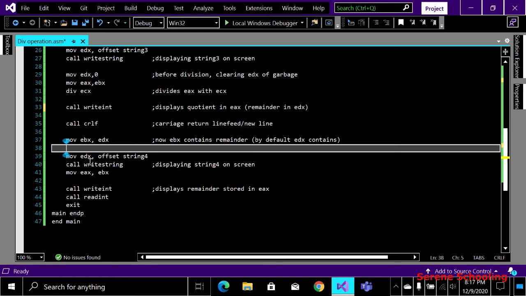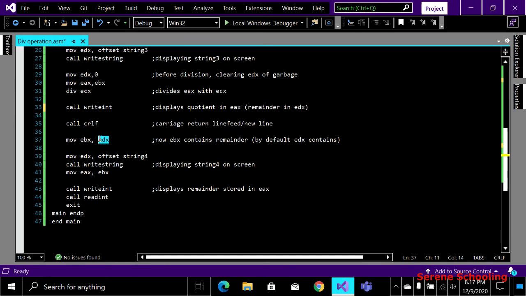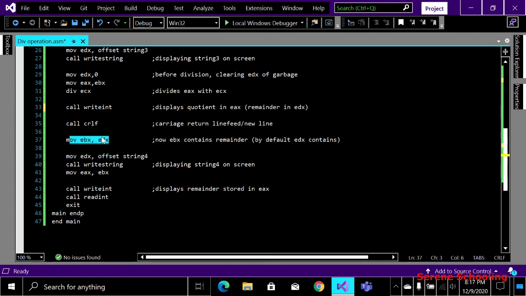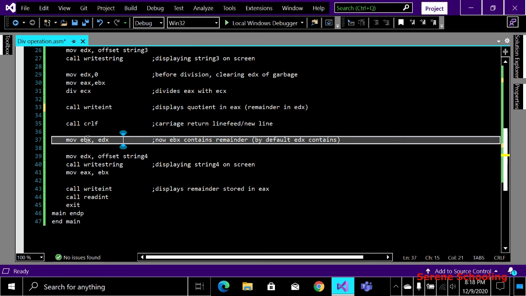So in order to avoid overwriting the EDX remainder with any garbage value or any other value, you have to save that EDX value, that is the remainder value, for a while in some other register, so that EDX is saved before it is used. Otherwise, if I don't use this statement, then my remainder goes away. I cannot get my remainder again. So that's why I have to save that remainder first before using these instructions.